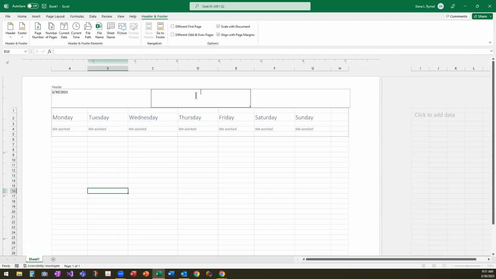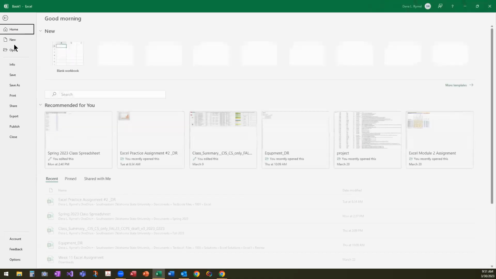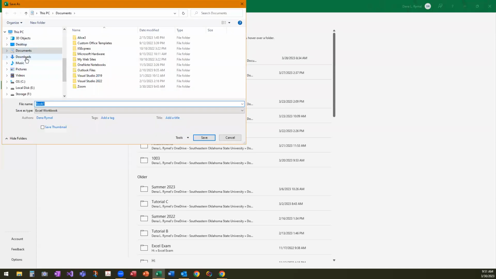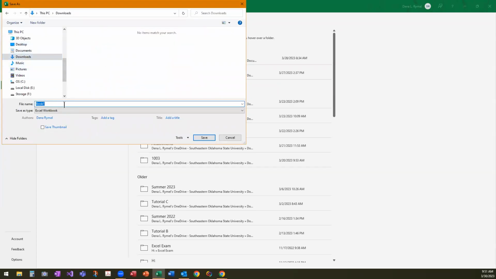Now in the middle box in the header section, I want my file name. I don't type it, I just go click file name. Apparently I have not saved my file, so I need to go save my file. I'm going to save it as, I'm going to put it in my downloads, and I'm going to call it,